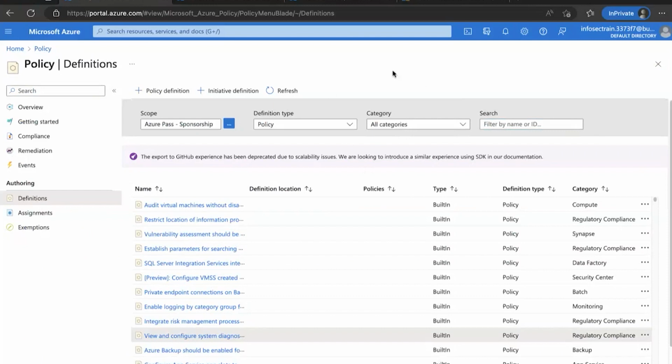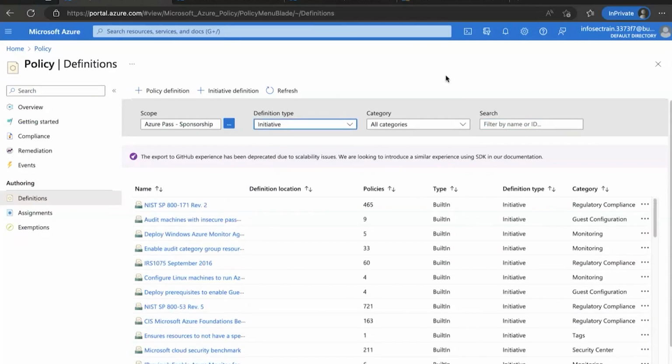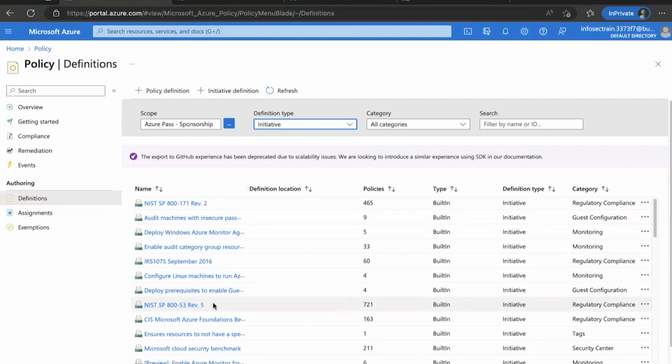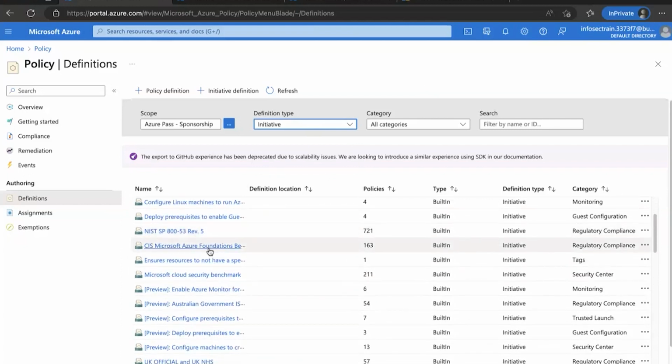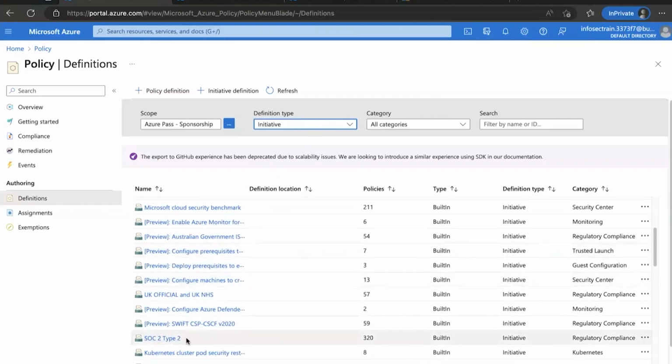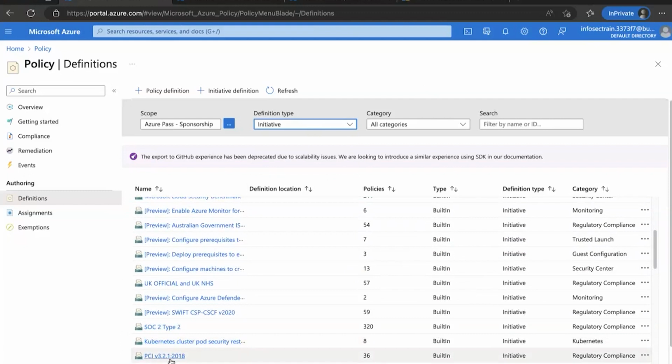Now, what is an initiative? Initiatives are your collection of policies, right? When we were talking about governance and achieving compliance, you will see there are some of the things running over here, like NIST 800-53, FedRAMP, SOC 2 Type 2, PCI DSS 3.2.1.